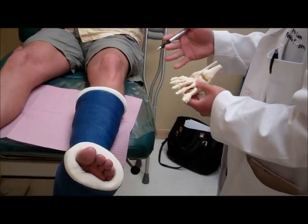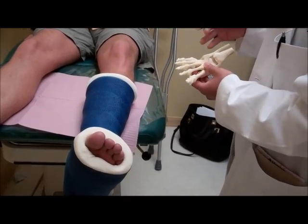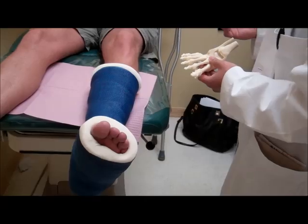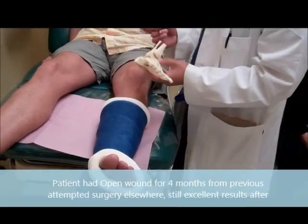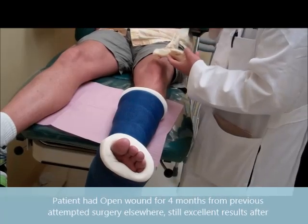Now the wound is closed, so we're good. 2 weeks out, everything looks great. Sutures are still in. The wound that was present for 4 months has actually closed up within 2 weeks. So this is great. Now to go over the procedure that was done, typically if it was not a revision